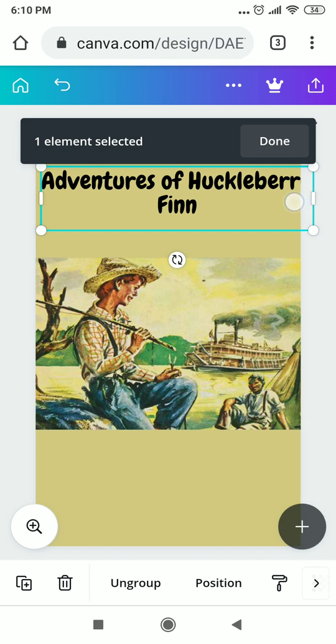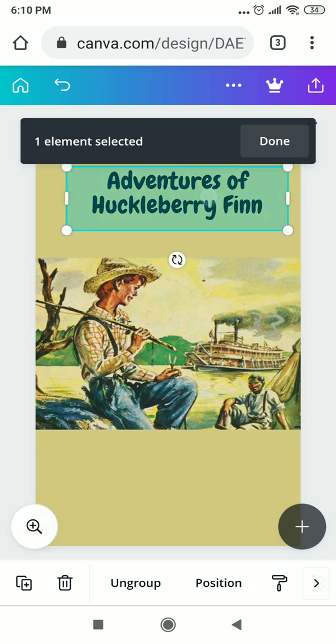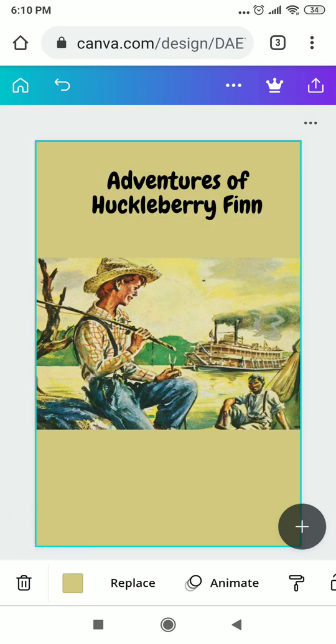So this is too big, so I'm putting it in. So here goes the name for the novel or the book cover, and a book cover usually has a